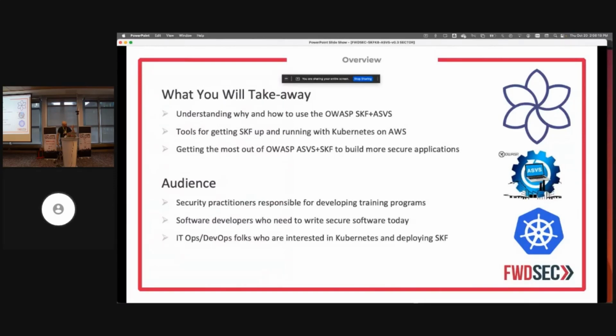And oh yeah, one more thing. So you'll take away tools for getting SKF up and running on Kubernetes and getting the most out of ASVS and SKF to build more secure applications, because either you're developers, as a few of you mentioned, or you're helping developers, hopefully. So this could be a great tool to build more secure applications. And the audience is security practitioners that are helping developers roll out training programs or supporting them in some shape or form, software developers who need to write more secure software themselves today,